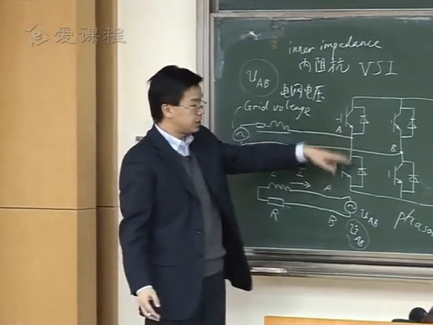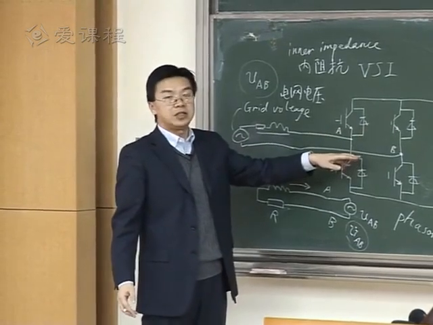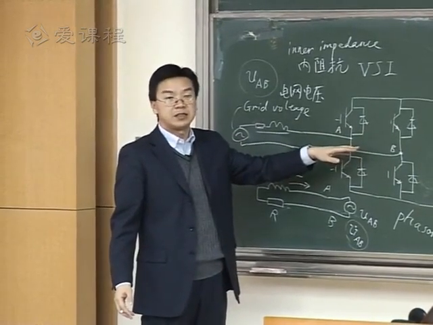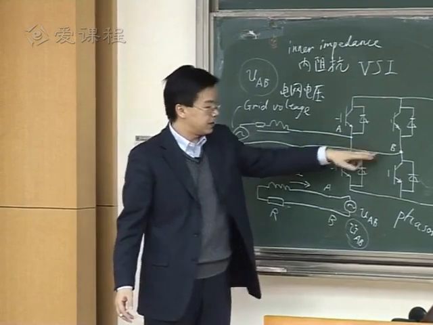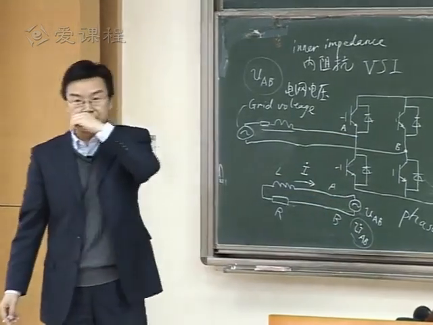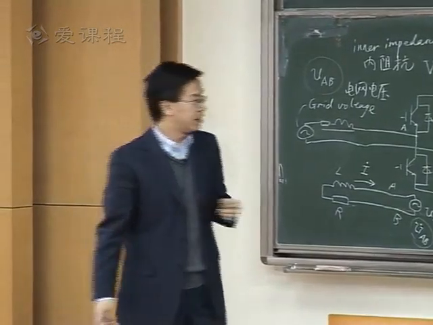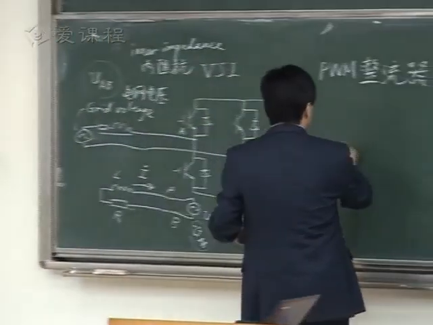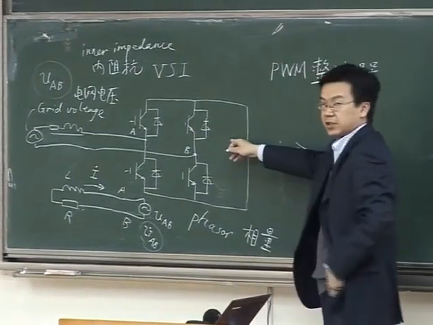Because if we control this voltage source inverter still under PWM technique, then the voltage between point A and B can still be considered as a controlled sine voltage source. Okay, therefore, the equivalent circuit for this circuit would be,